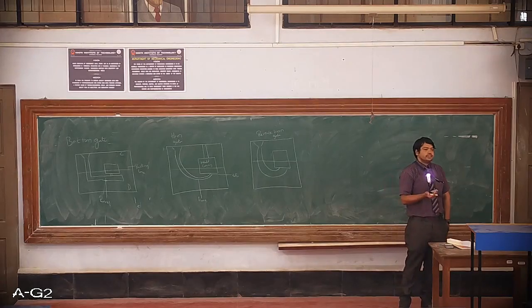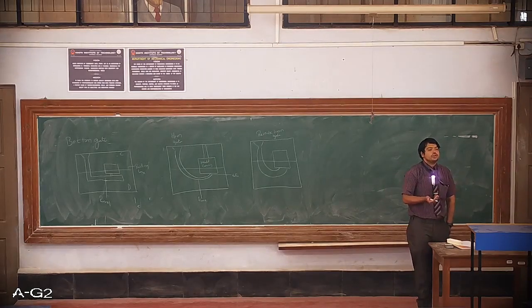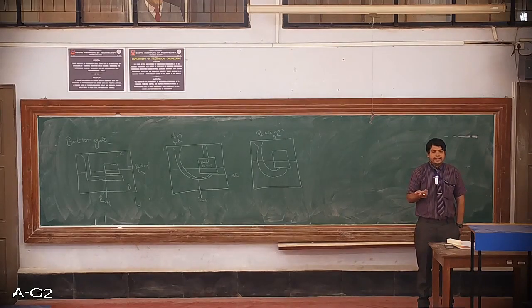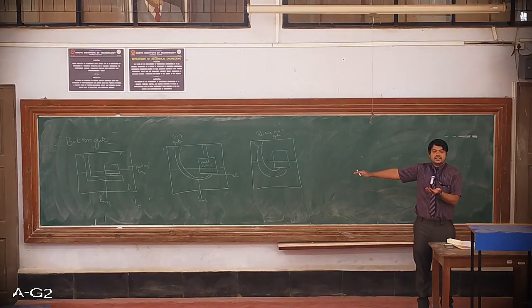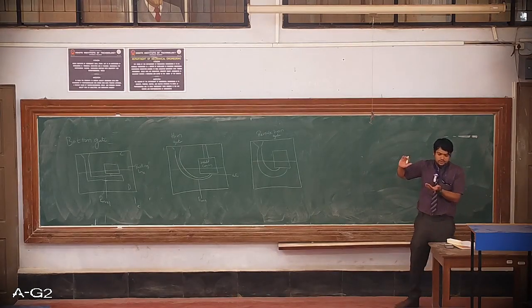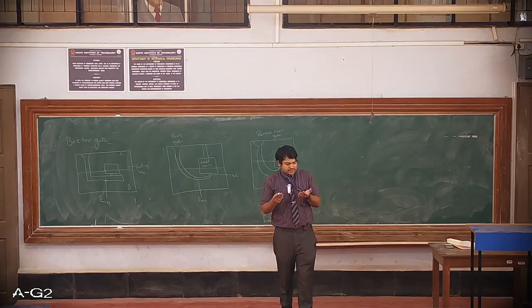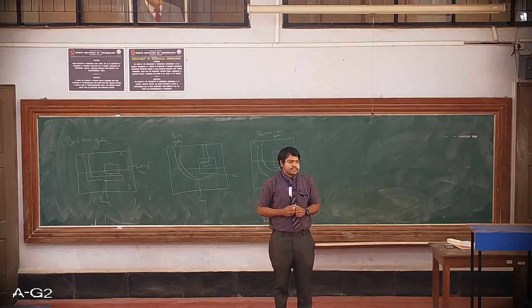In case of heavy castings, we cannot make use of top gating system because the amount of metal that we are going to pour will be more, and because of the impact of this molten metal on the bottom part of the mold cavity, the sand erosion problem will occur. In order to overcome this sand erosion problem, the foundrymen started making use of bottom gating system. Okay, so here the splashing effect will not be there, whereas in case of top gate, as we discussed yesterday, there will be something called a splashing effect.